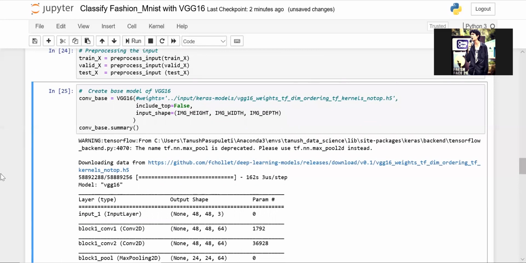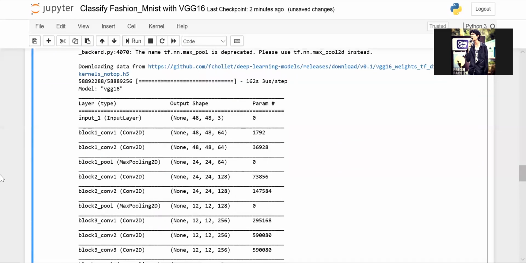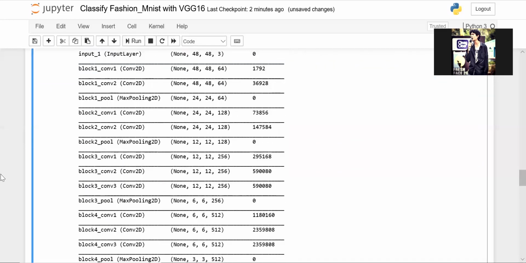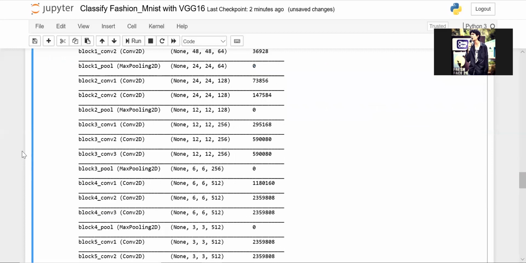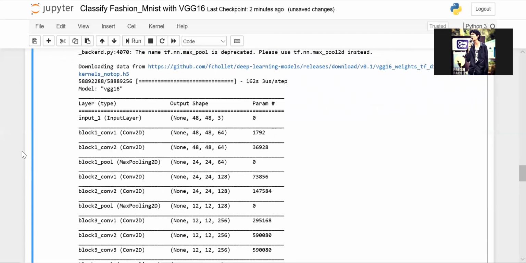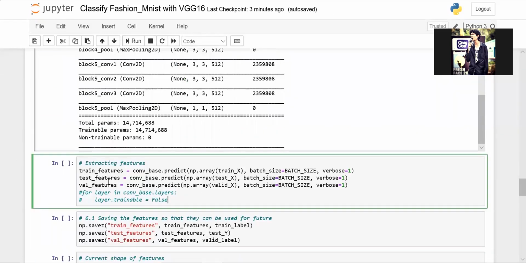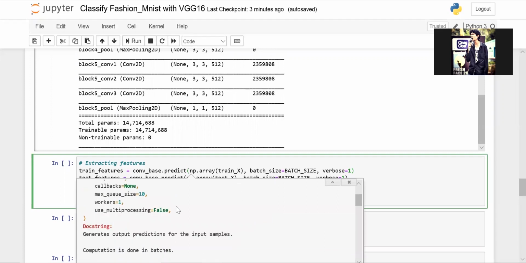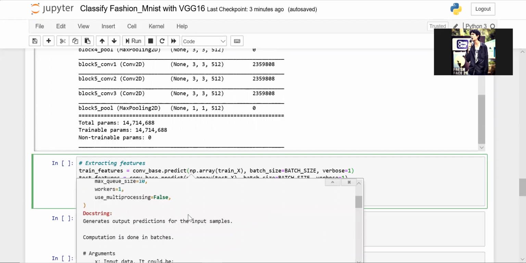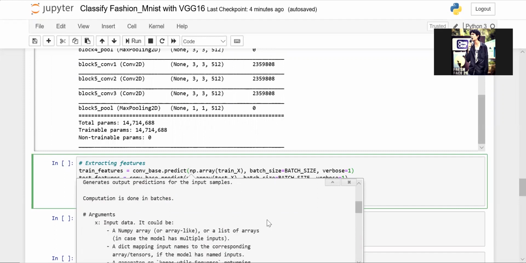So this is already built upon a previously existing image classification task. It's not necessary that you have to memorize this by heart, but the important thing is that you must know which model to use when. So now we'll just do the feature extraction. So basically this is the convolutional base model which generates output predictions for the input samples. Nothing but feature engineering partly, where you do a small transformation in the data.